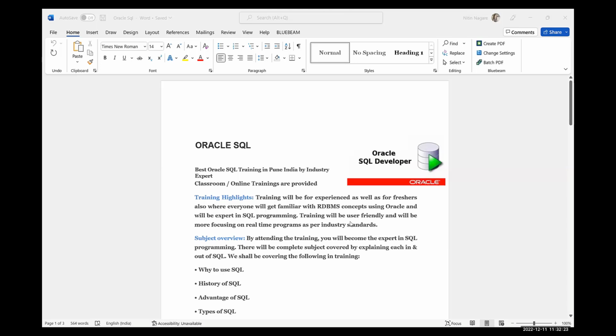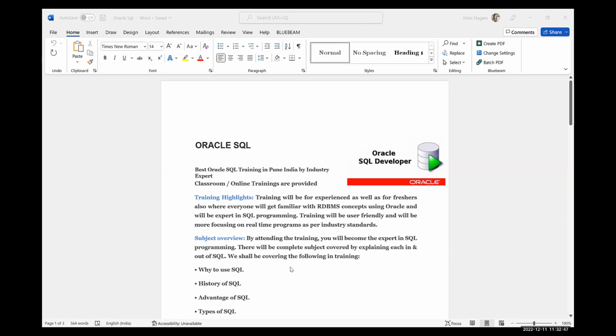Okay, great. So as part of this SQL, this is our syllabus in which I covered most of the points, and a few points are not mentioned in this syllabus, so we will cover them later as we move ahead. So this is a demo lecture. I just want to let you know why we should learn SQL and why we should learn PL/SQL.